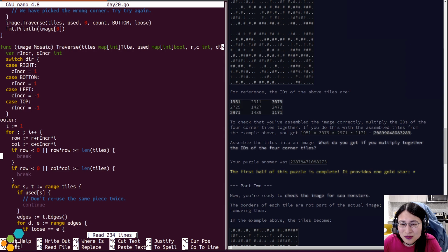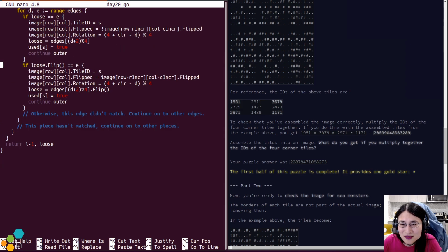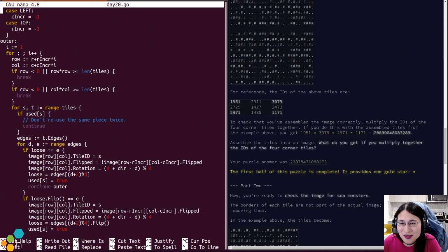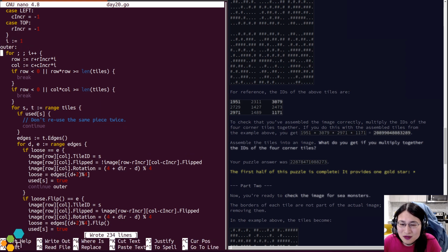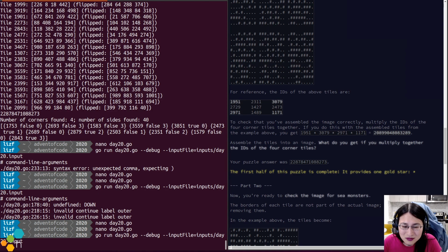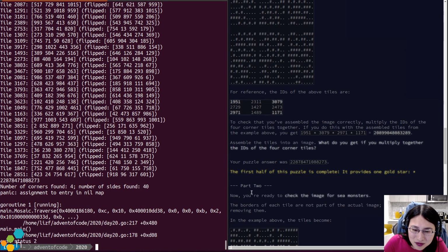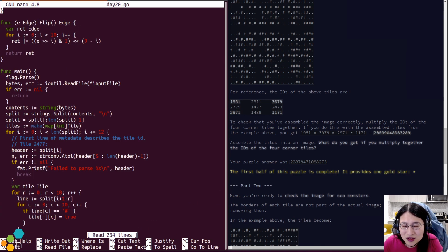And outer is now no longer a valid. Sure, outer is a valid. Oh, oops. There. Assignment to entry in nil map. Okay.